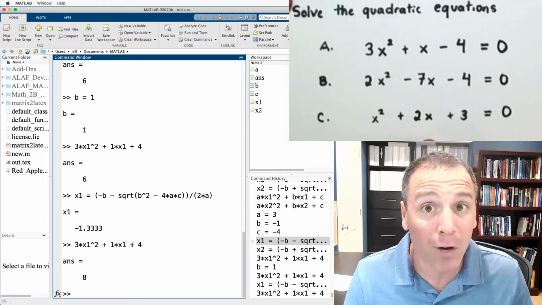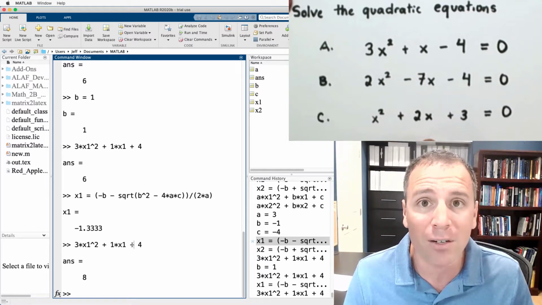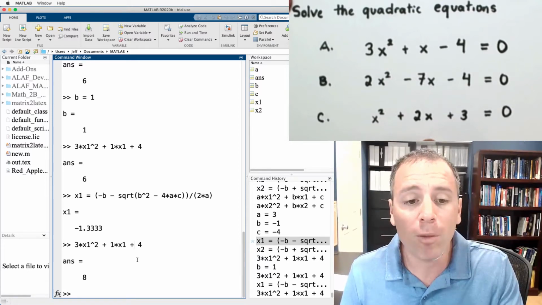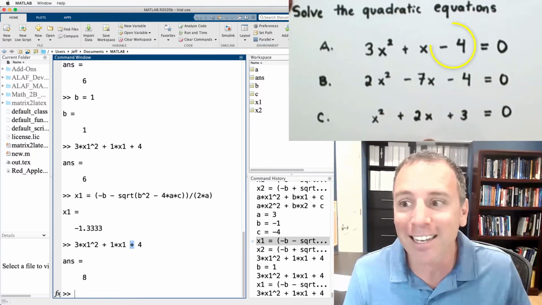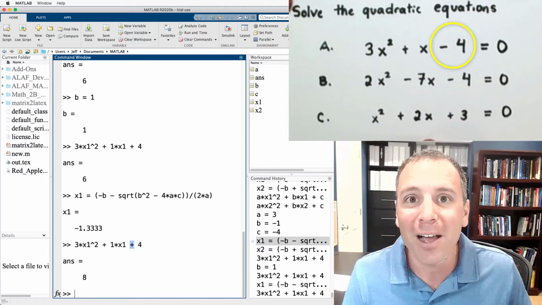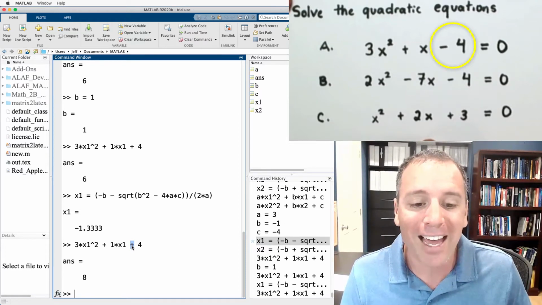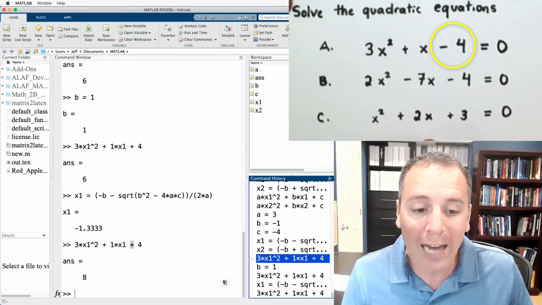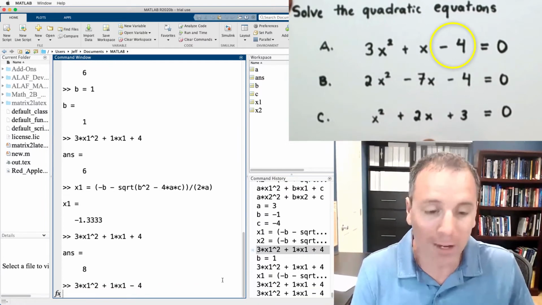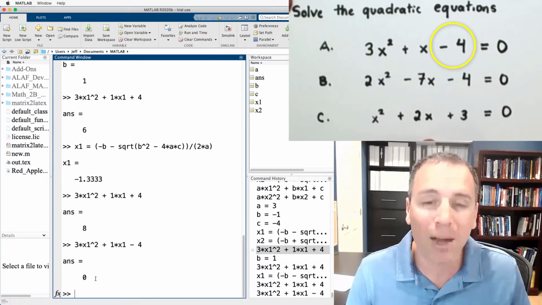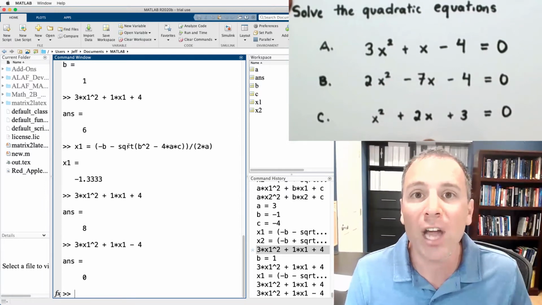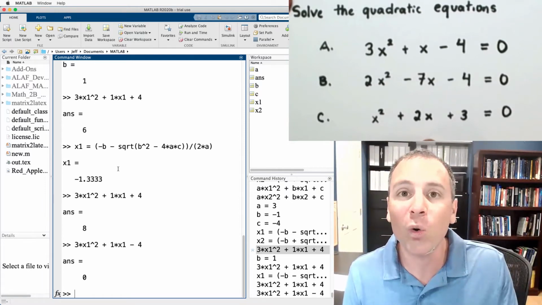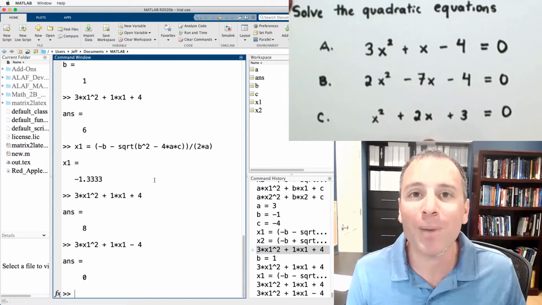Are you noticing how frustrating this is to correct little errors? Every time I go through the process of correcting these errors, this was an error. Notice it should be a negative based on what we see over here. But the point of the matter is that now I have to actually go in there, put a negative in, rerun it, and I now checked my work. Because this is a single line interpretive language, every time I'm running new code, I have to run the sequence if I expect it to work well.